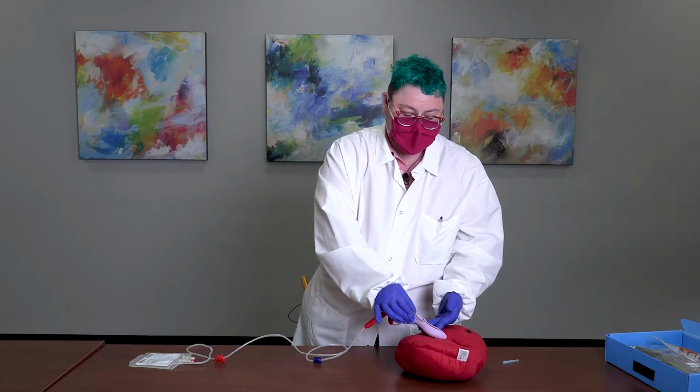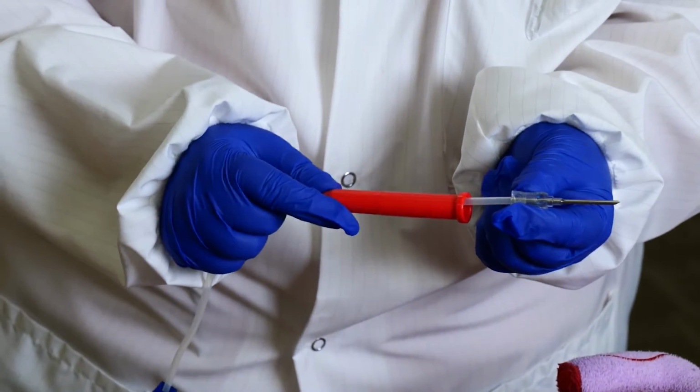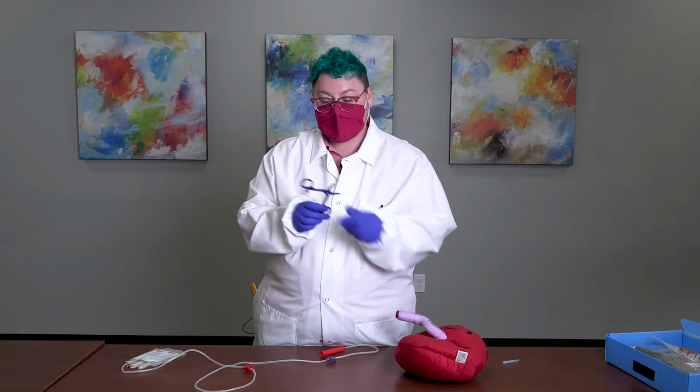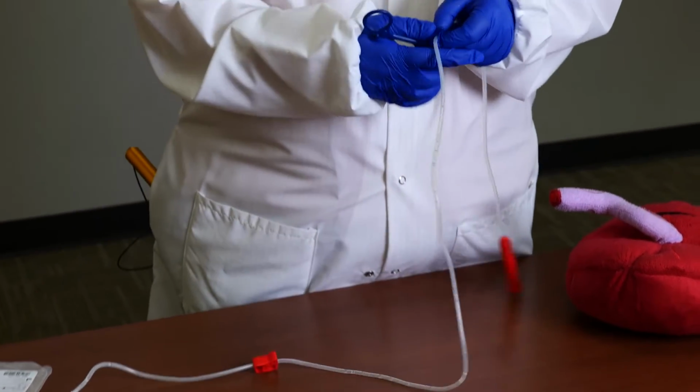Gently remove the needle from the umbilical cord, grasp the bottom of the needle, and slide the red needle guard over. It will audibly click when it has been locked, and you'll not be able to remove the needle from the needle guard. Using the hemostat from the cord blood collection supplies, you'll go ahead and strip the tubing to